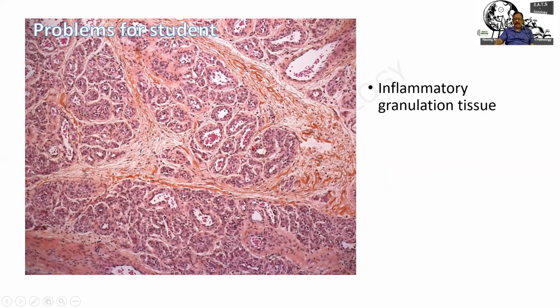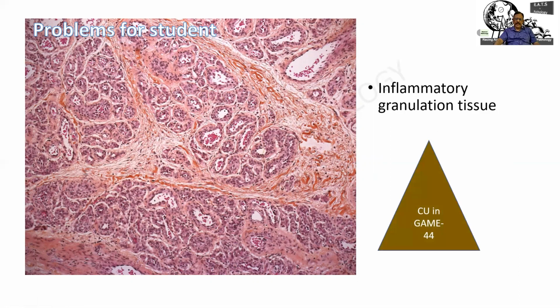In this, however, I am finding proliferation of the capillaries back to back in arrangement, hardly any inflammation. And there are some kind of fibrous septae which are seen, which can be a hemangioma. So you should distinguish it from an inflammatory granulation tissue. Granuloma pyogenicum, be careful because many a time students write the answer of granuloma, which is wrong.